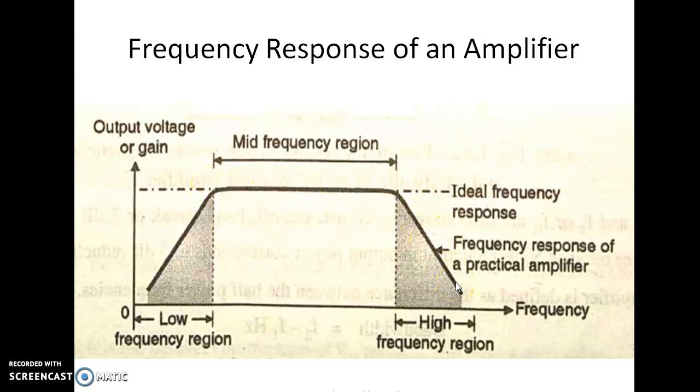because of the bypass capacitor, which acts as a short circuit for high frequency input signal components, because XC is equal to 1 upon 2 pi fC. So 2 pi C is constant. XC is inversely proportional to frequency: if frequency increases, the capacitor reactance decreases. So at high frequency the reactance is very low, so it will pass the high frequency component, and when frequency decreases, the capacitor reactance increases, and it will block the DC component,